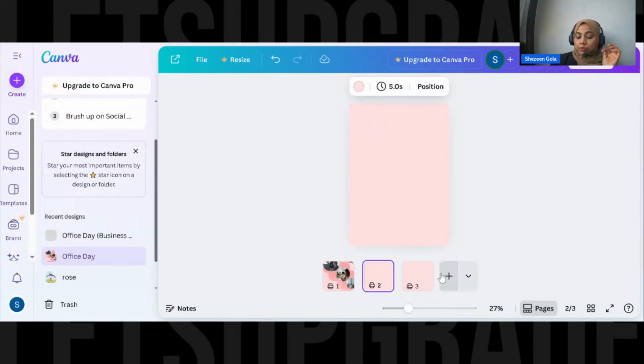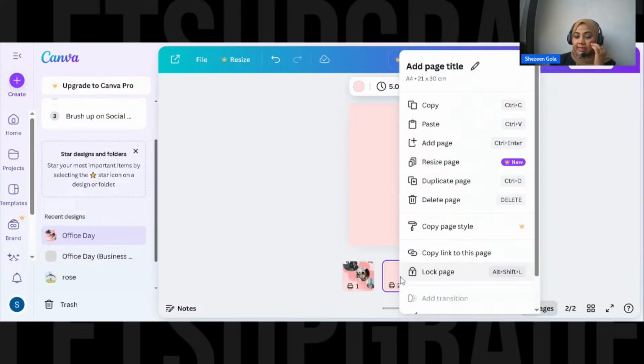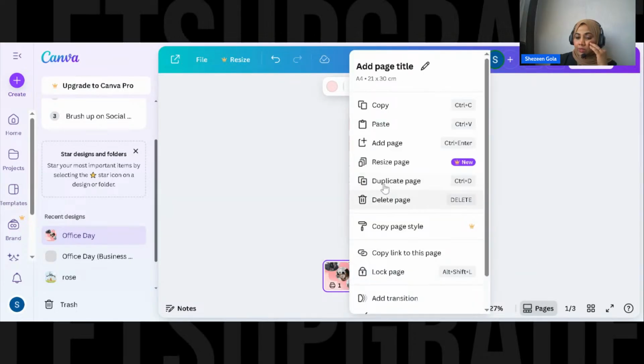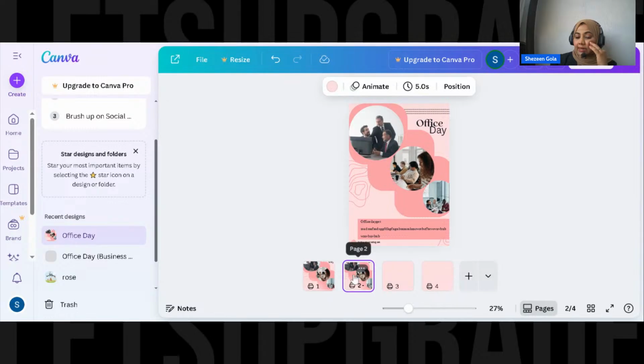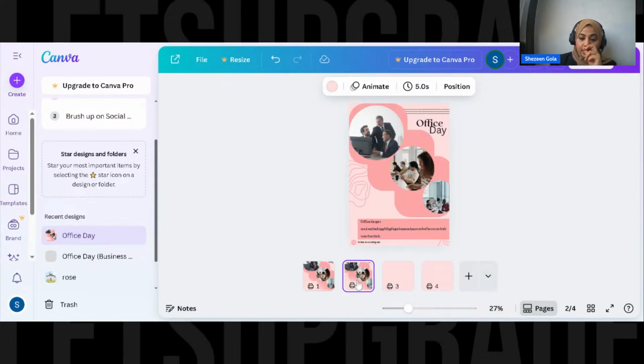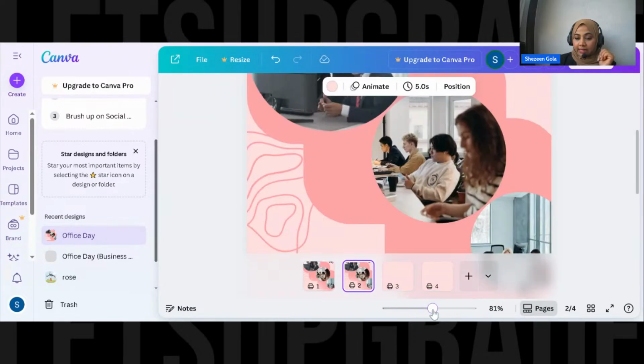Okay, the more pages you add, it keeps, and आप delete भी कर सकते हो by pressing delete, or right click and delete and duplicate. So what if you duplicate the whole from here, suppose it gets duplicate, and आप देख रहे हो जब मैं right click करती हूँ, everything has a shortcut written. So as आप जितने efficient होते जाएंगे, वो चीज़ें आपकी move in होते जाएंगी, आप उतना you can copy the shortcuts and everything with it. Okay, so now I want to copy the layout, and let's zoom in.